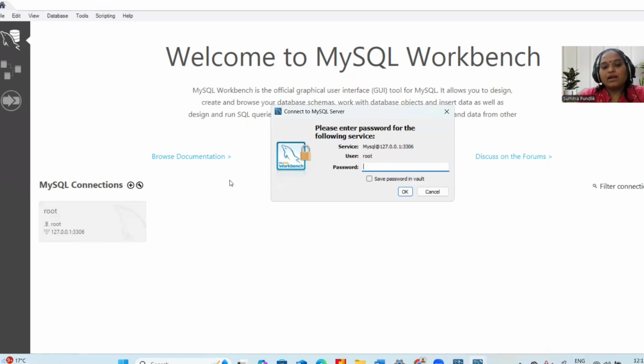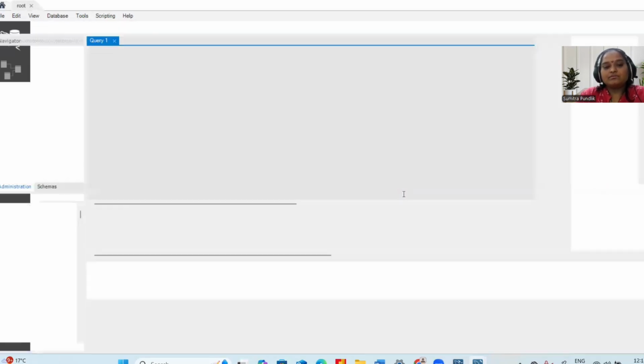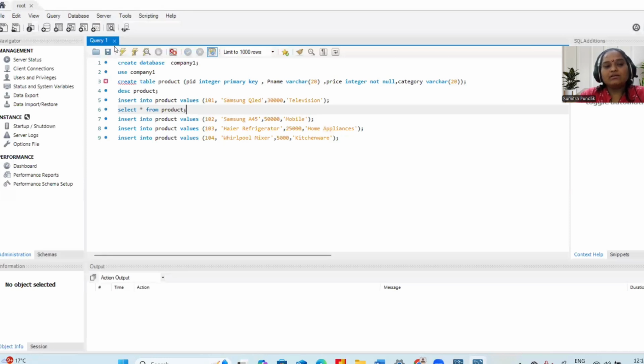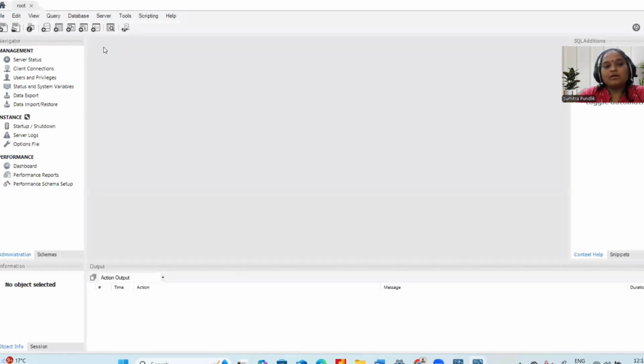Then write down the password that you gave while doing the installation. Click on OK, and you get a window where you can perform your operations.